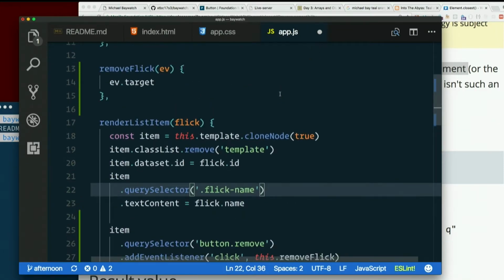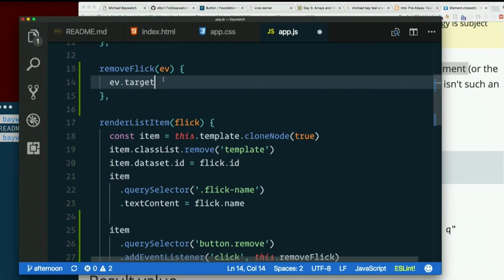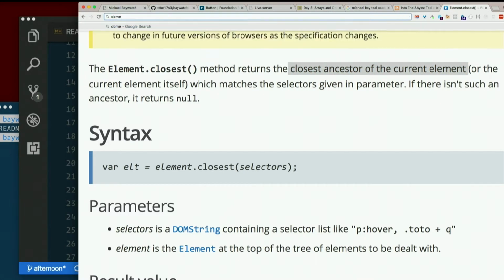So, remove flick. Okay, we have the target. That's the button, right? So we say closest. It doesn't matter that it's an LI. What matters is that it's the thing that represents the flick, right? Since we put a class of flick on there, I'm going to look for that. Then if we change it to a div, this wouldn't break. So that's the list item. I'm going to do this on 2 lines just to make it clear that that's what we're finding. And then